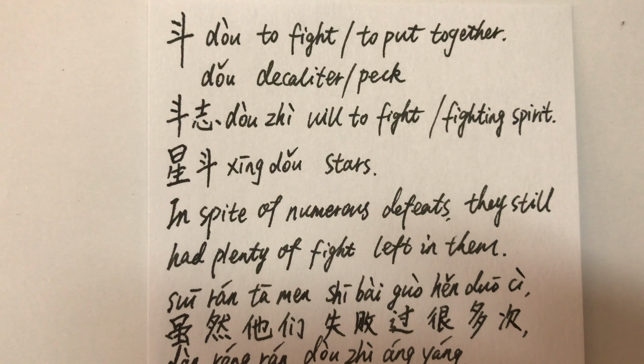斗 to fight, to put together. 斗 decorator, pack. 斗志 will to fight, fighting spirit. 星斗 stars. In spite of numerous defeats, they still had plenty of fight left in them. 虽然他们失败过很多次，但仍然斗志昂扬。